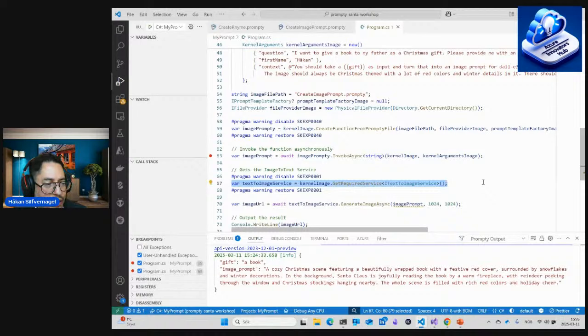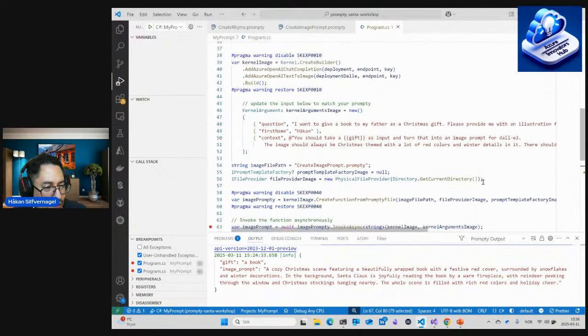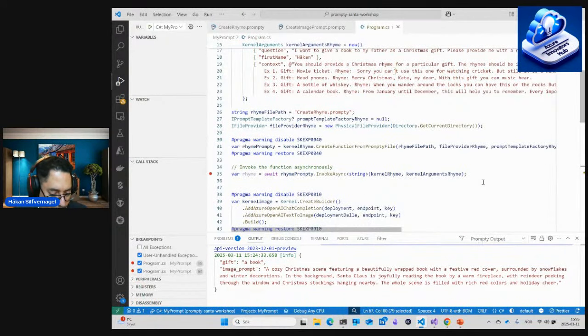And then we are generating an image, 1024 times 1024, and we are getting the image URL, and then we can write that out on the console and then just paste it into our browser to have a look at what it looks like. So if we run this one,